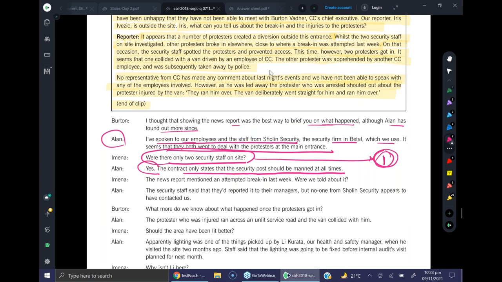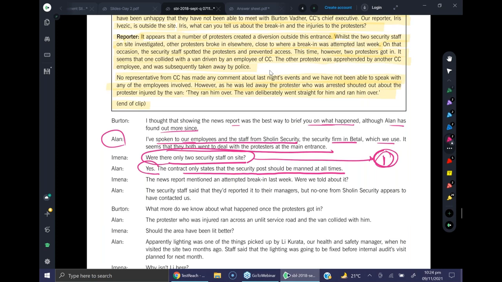So first you write that the security post only had two staff. And remember that you're writing a summary. The format is summary, so don't write extraordinary details. The consequence is that the two people were not able to handle the protesters, and they broke in and came inside the area. The suggestion is